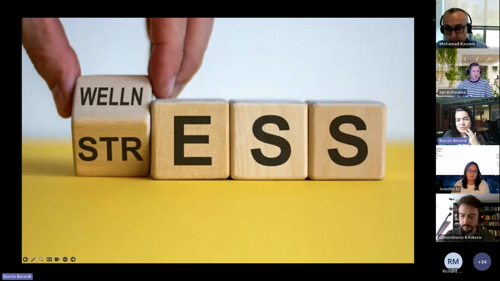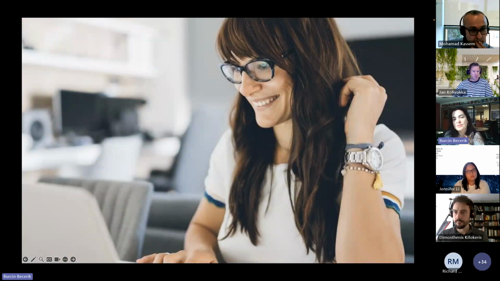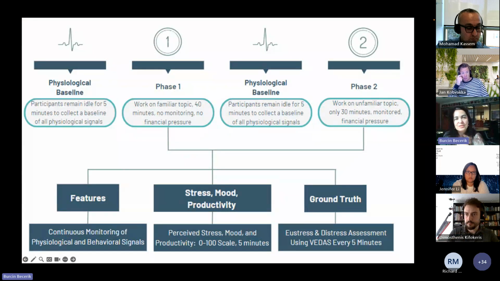Stress is in literature mostly treated as negative stress, which is called distress. But there is also another type of stress, which is eustress, which arises in situations that are perceived as challenging but manageable. And that leads to your improved performance, personal growth, and satisfaction. So we wanted to be able to differentiate between eustress and distress, because the goal should be reducing distress and improving eustress. So this is an experimental study in a lab with about 50 participants.